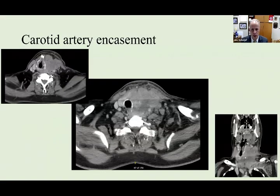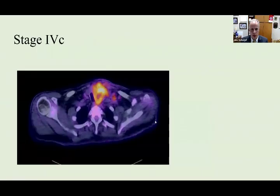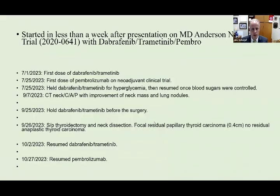This is some select imaging of his cross-sectional views. You can see that the carotid artery is encased on the left side here. So he wasn't really deemed to be a very ideal surgical candidate. And so for this particular patient, we worked him up further with a PET scan confirming those findings I had spoken about. And he got immediately put on dabrafenib and trametinib under the protocol from MD Anderson, where we're a